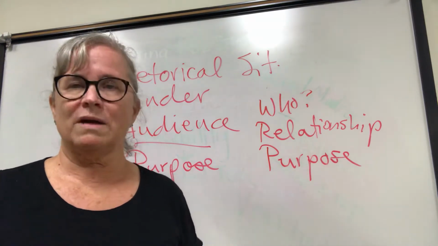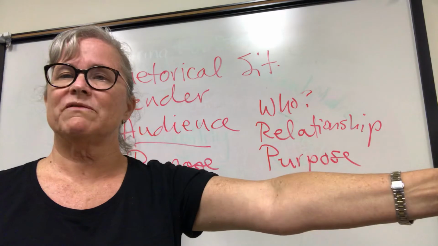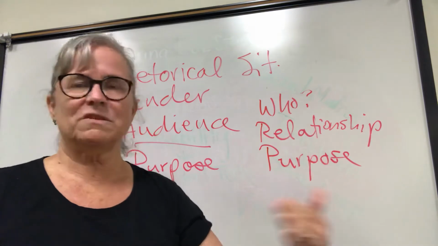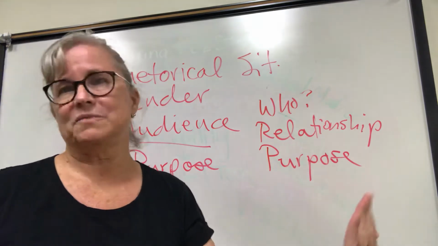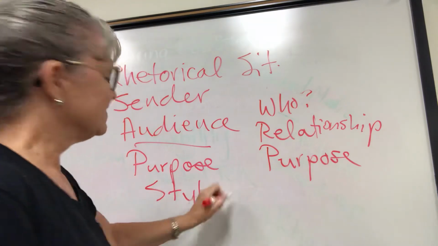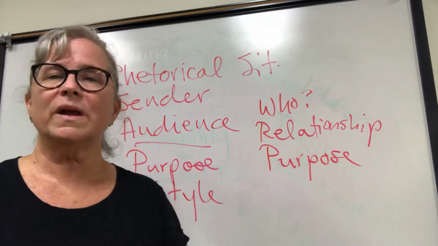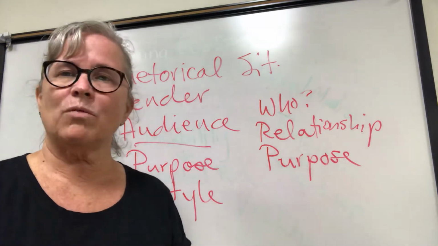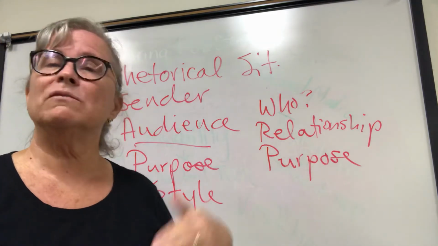If this is somebody I know well, if I need to convey some information to a member of my family, in order for that family member to meet me at a certain time at a certain place, the most effective vehicle for me to use is going to be a text, perhaps, or a phone call, right? And the style, the kind of language that I'm going to use is going to be informal because I have quick information that I want to get to that reader. I know my reader. I know how I want my reader to use the information. I know how that reader is going to use the information, and I can be informal and quick.